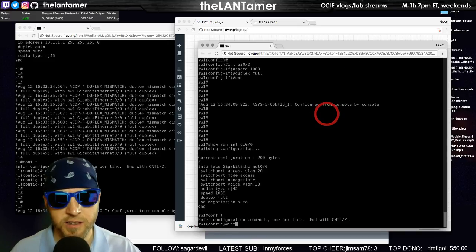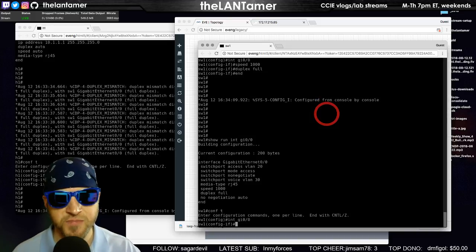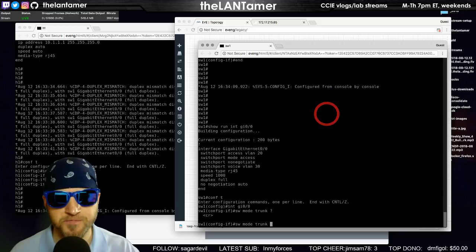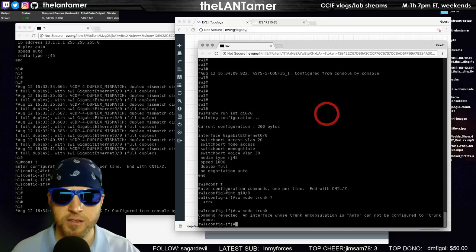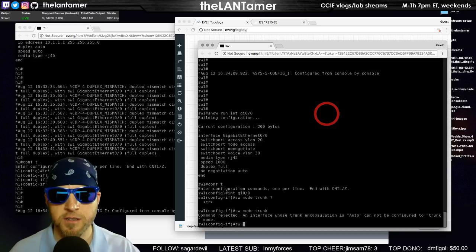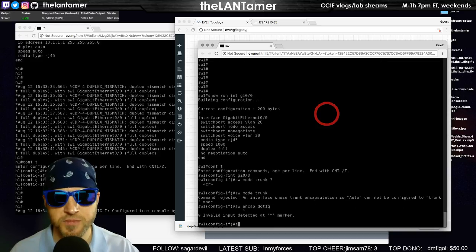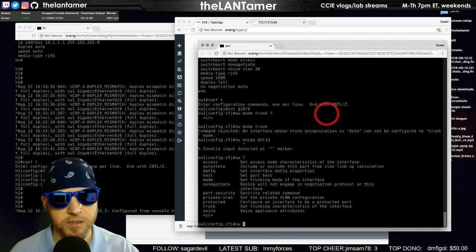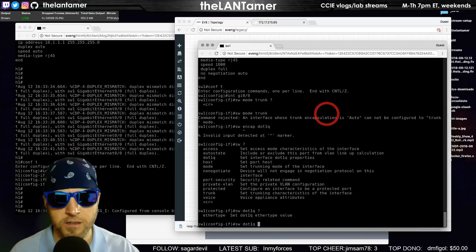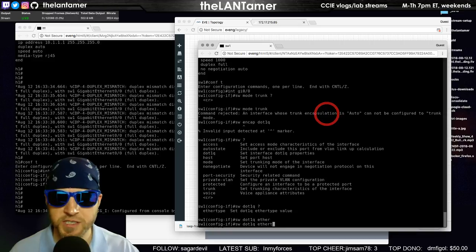And let's say interface Gi0/0. We're going to say switchport mode trunk. Switchport trunk encapsulation dot1q. Oh, we can set an ether type value.